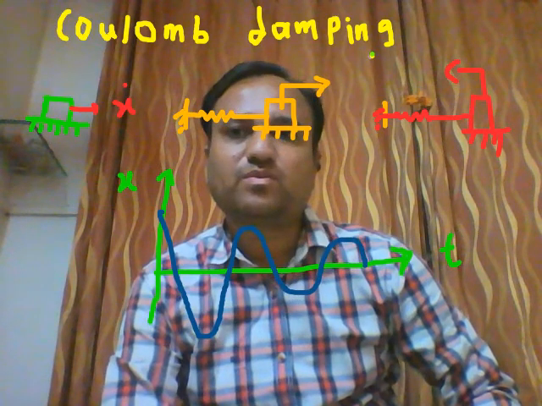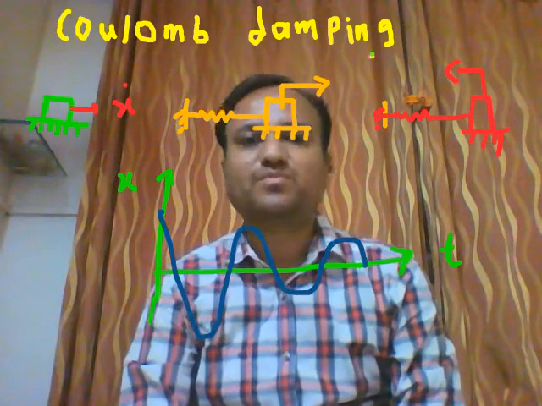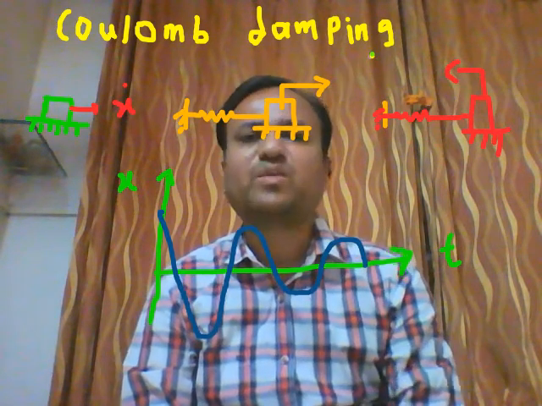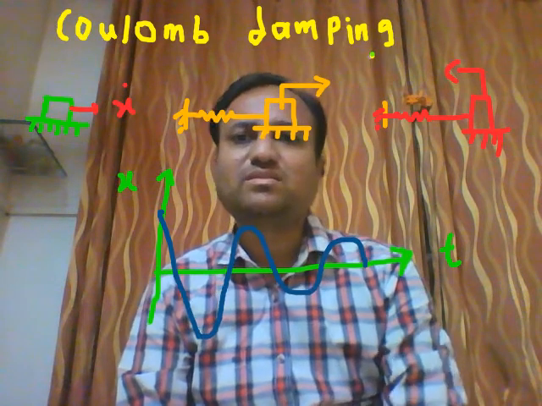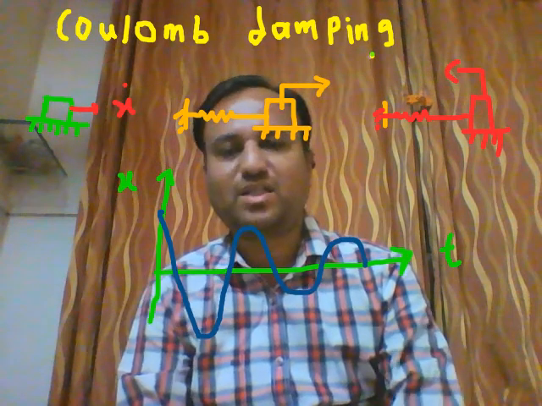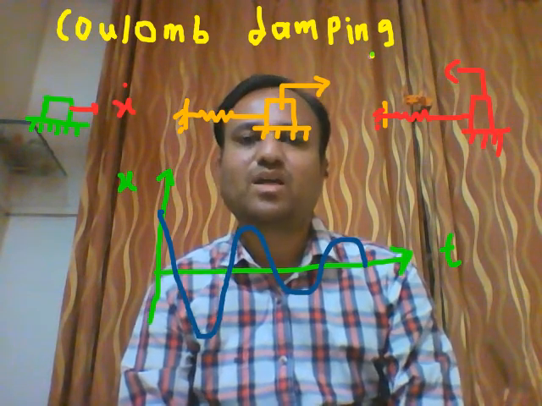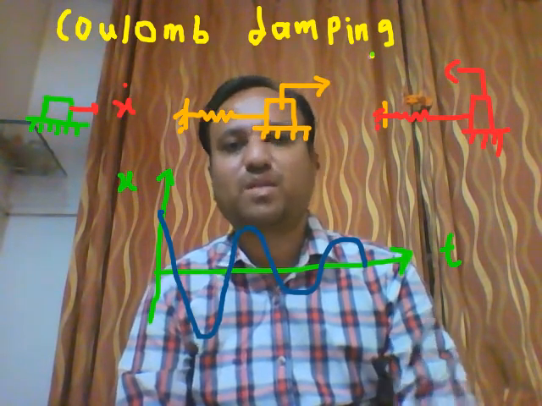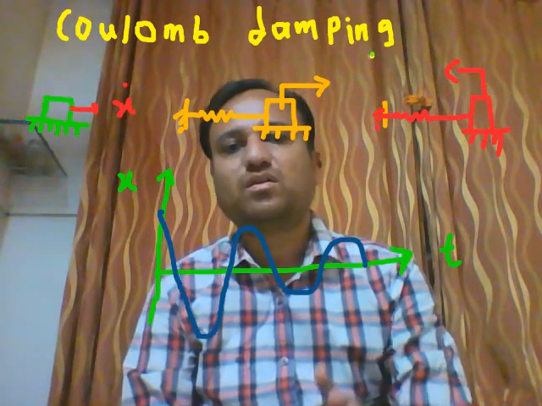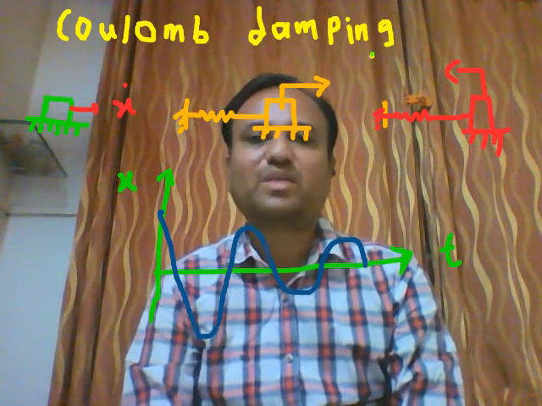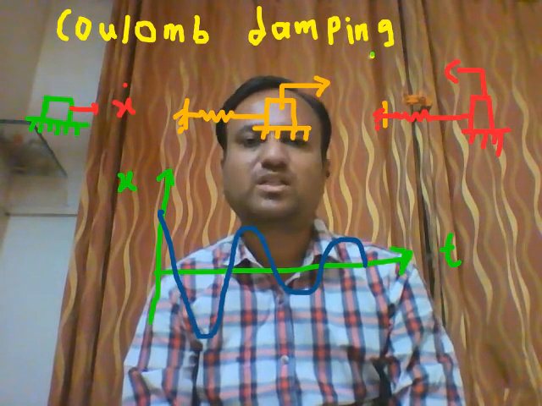Next damping we're going to discuss, that is Coulomb damping. So various types of damping. Generally there are four types of damping. Viscous damping, we already discussed viscous damping. Second one is the Coulomb damping or dry friction damping. Third one is the structural damping, and last one is the hysteresis damping. So the first two categories we will discuss as far as our academic syllabus is concerned. So viscous damping, discussion already done.